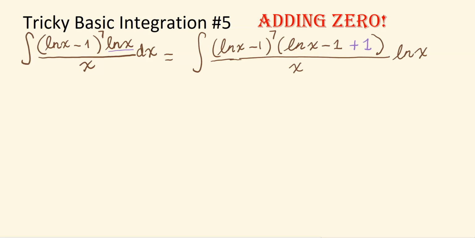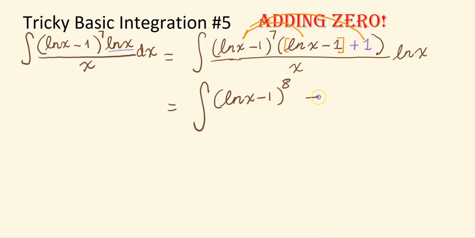Now, I am going to think of this as one term, and then plus 1 in the purple as another term, right? So then I can go ahead and distribute this into this and that. When I distribute ln of x minus 1 to the 7th power multiplied by ln of x minus 1, that's another copy. I'm going to distribute and split the fraction at the same time. So then I will have ln of x minus 1 to the 8th power,